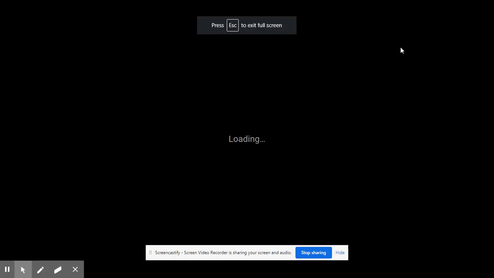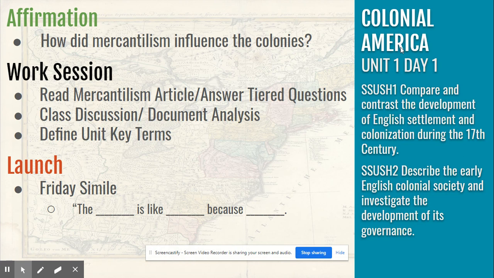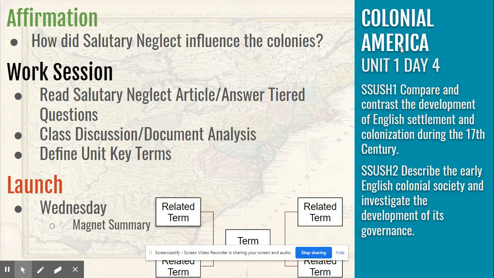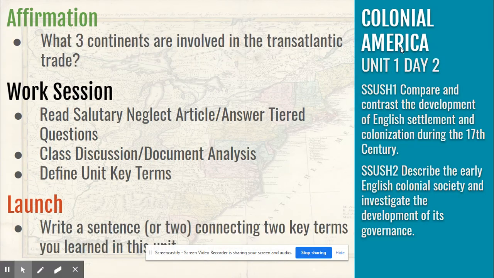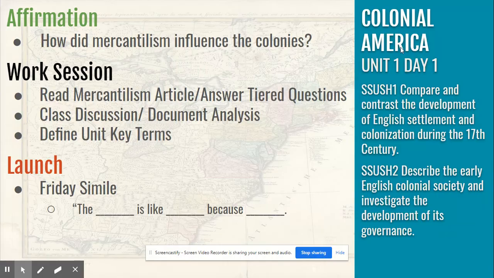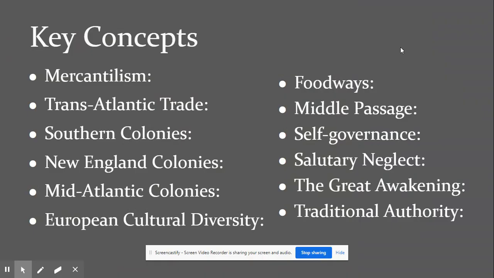So, real quick, I am pulling up this copy that is already inside of your Google Classroom under the first module. All right, so a few things. You don't really have to worry about these first few slides. All they're doing is just kind of talking about what we're going to be doing. But this was like if we had a traditional day one, day two, day three, day four, day five session.